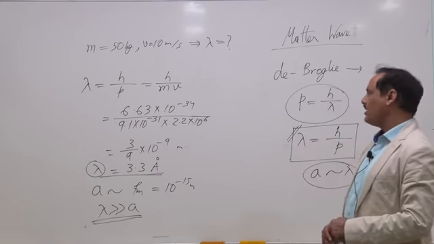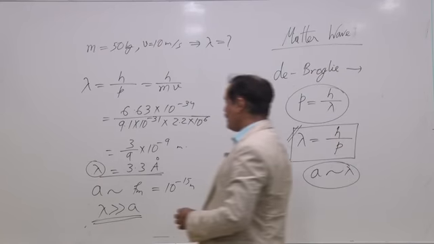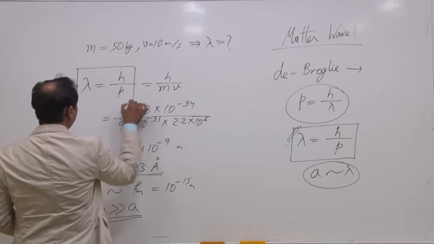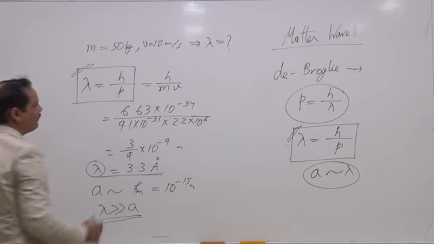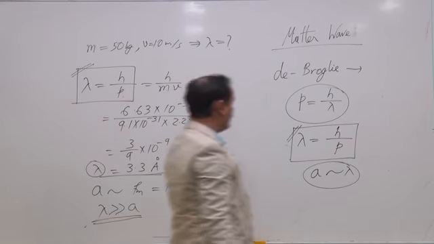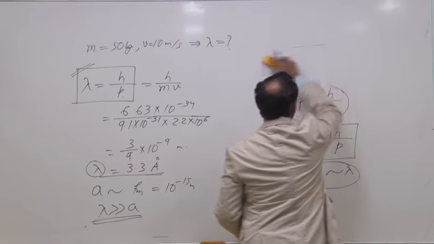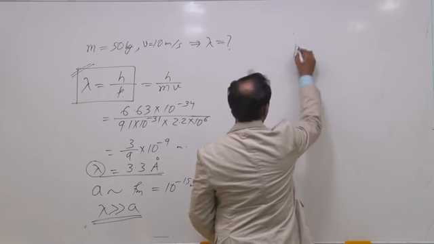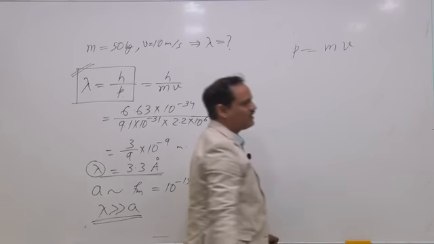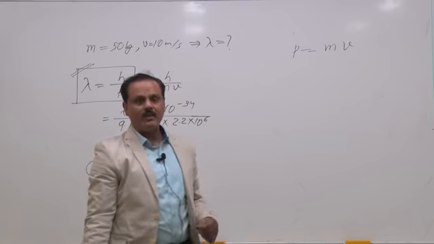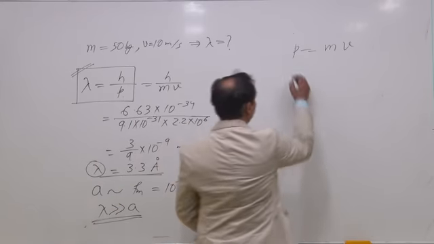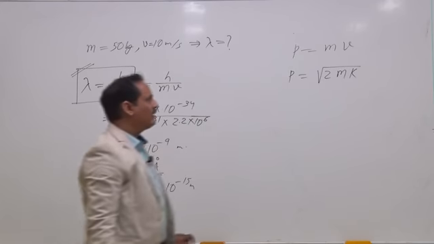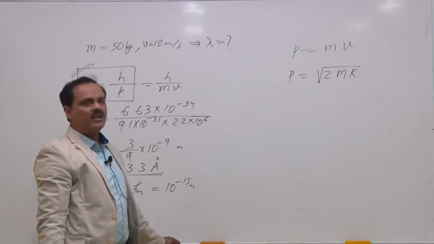and not particle behavior. So, to find the de Broglie wavelength of various particles, what do we need to find? We need to find the momentum. In various situations, we could find the momentum. Suppose a particle of mass m is moving with velocity v, then its momentum p is equal to mv, that is the simplest one. If some particle is moving with some kinetic energy K, then momentum p is equal to under root 2mK, that is the momentum when the kinetic energy is K.